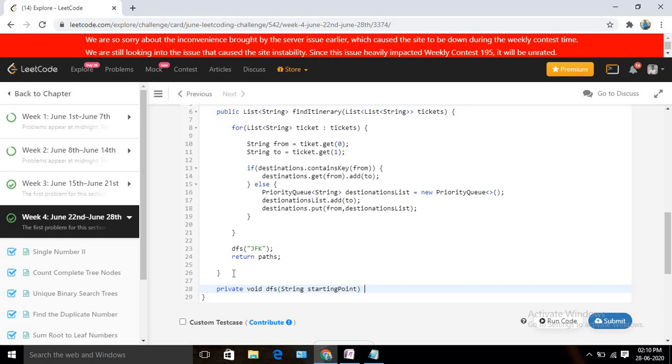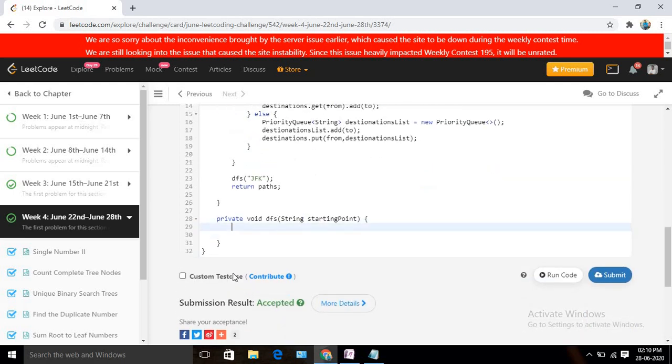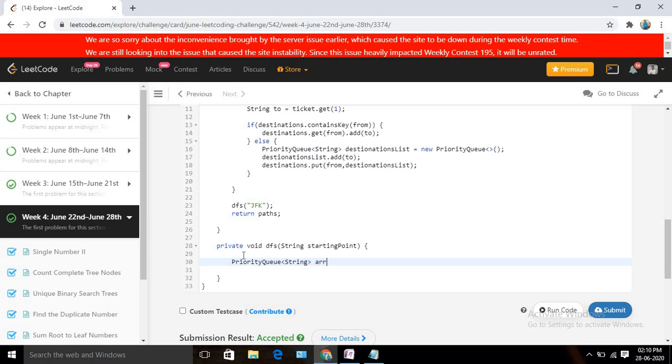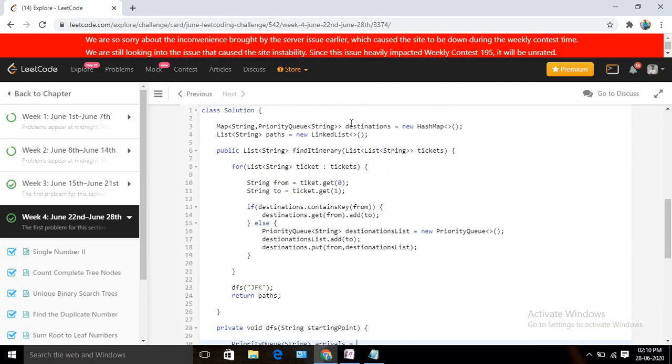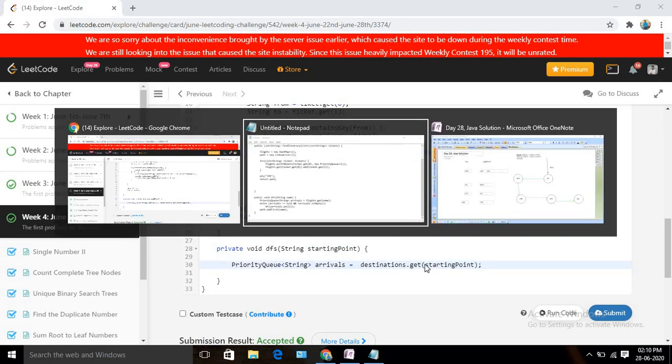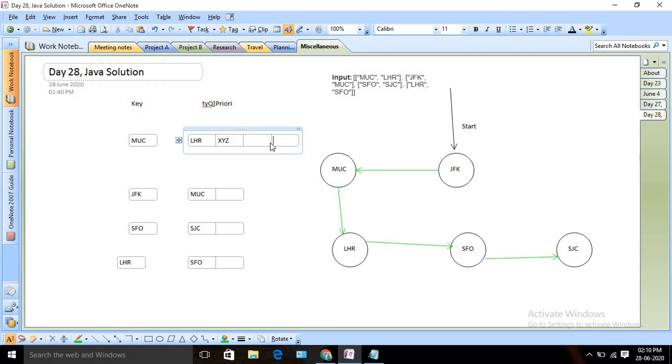Now I am going to create one priority queue, let me name it arrivals, equal to whatever is in our destinations. Basically, we are just fetching the adjacency list for the corresponding starting point. In this case it is JFK for the first time, so I am fetching this adjacency list.